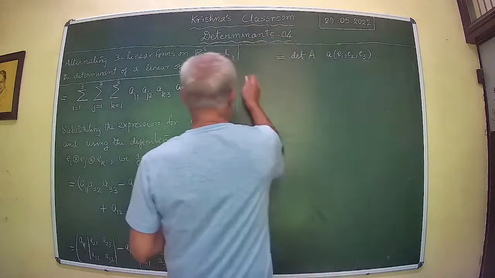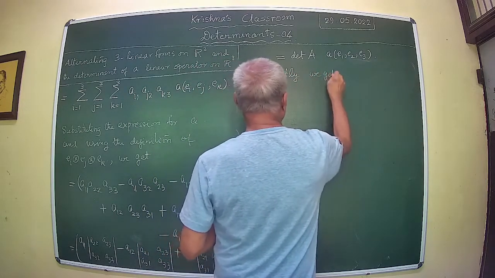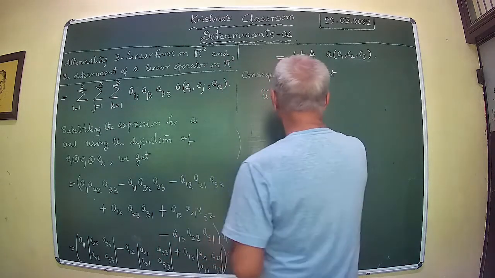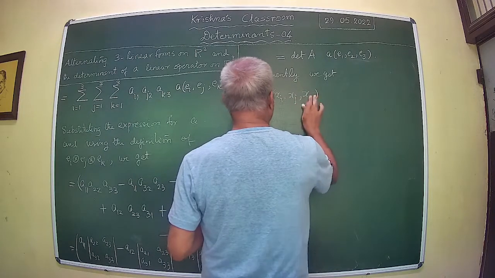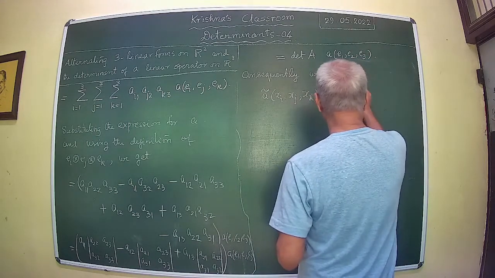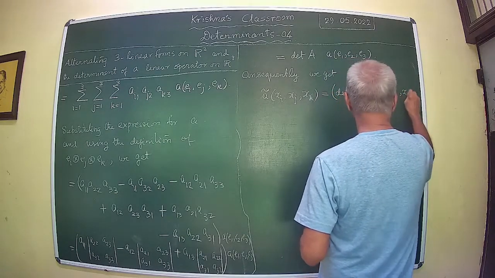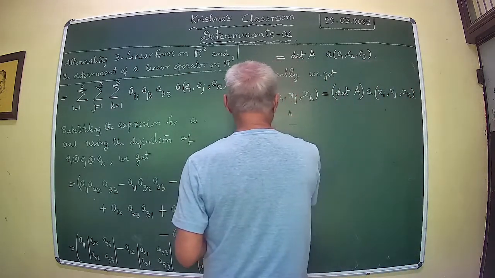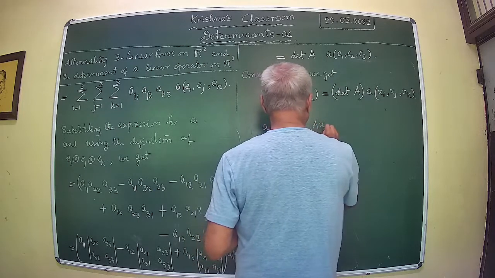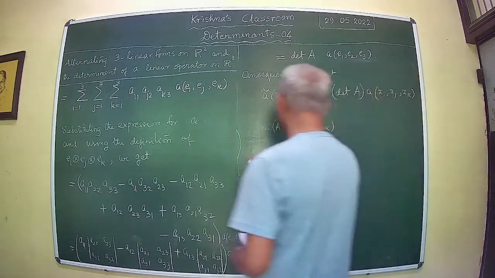Okay, therefore this is equal to the determinant of A multiplied by A, whereas this you know is essentially A of, okay, therefore you get A tilde is equal to this, therefore this is the final result. Hence